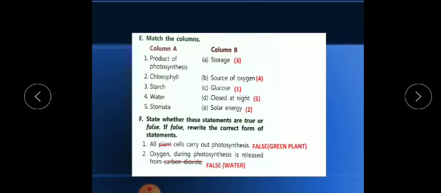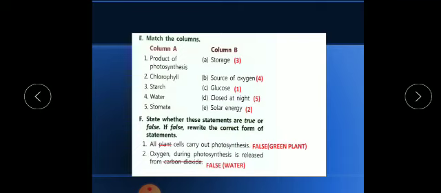Now stomata, as we all know, it closed at night. So I have already solved these exercises. You just tally and write. Now children, true false. Here what we should do, we should tell whether the statements are true or false, and we have to recorrect the correct one. So false statement we have to correct it.